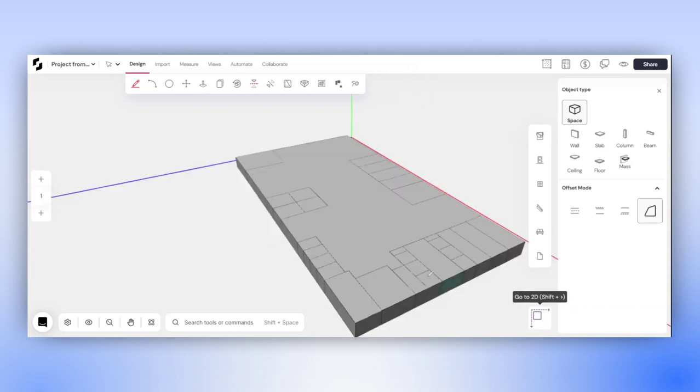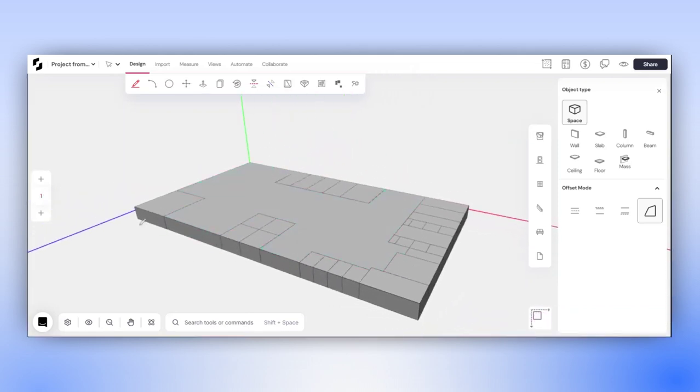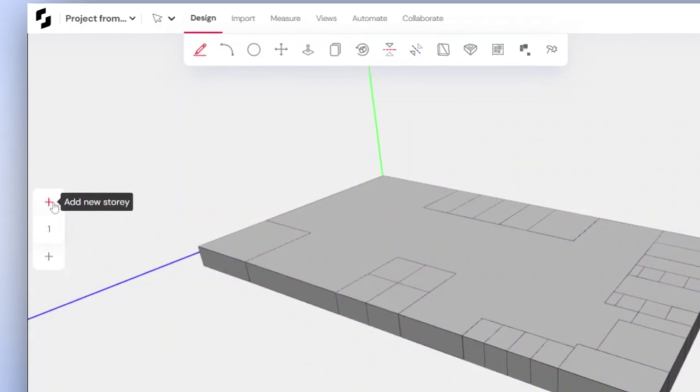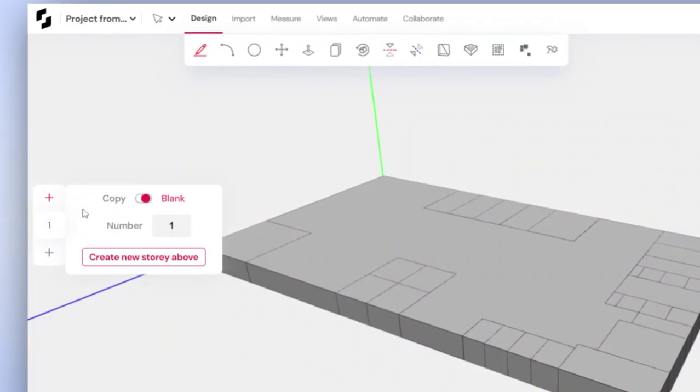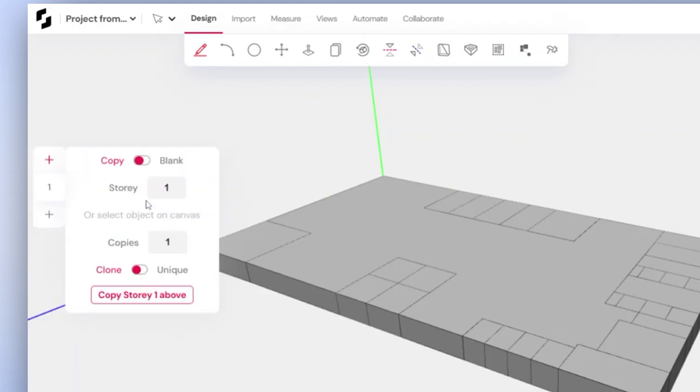To create new stories on Snaptrude, begin by clicking on the plus sign located in the story section. At this point, you can either create a blank story or duplicate an existing one. Let's explore the process of creating a copied story, a useful approach when working on projects that require typical floor